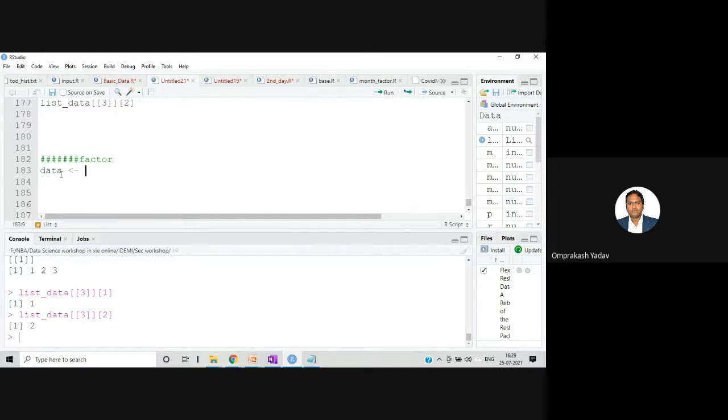So in the data variable, I'm giving east, then let's say west, east, then let's say north, then north.